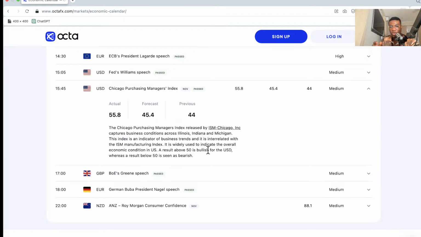Now, usually when I talk about economic calendars and how you can look at what's going on fundamentally and